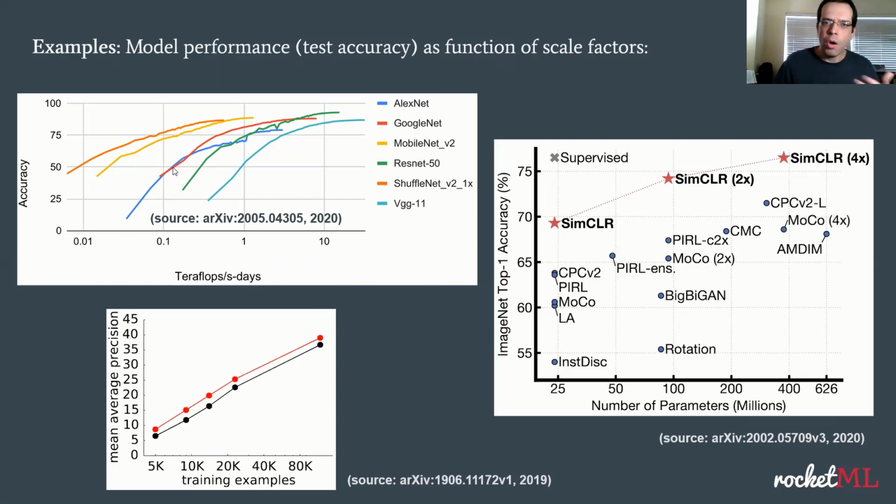And as you can see, for all models, it is true that the accuracy of the model improves as more compute power is put into training. Some models improve better than others or increase faster than others, but the story is the same for all of them. On the right-hand side,